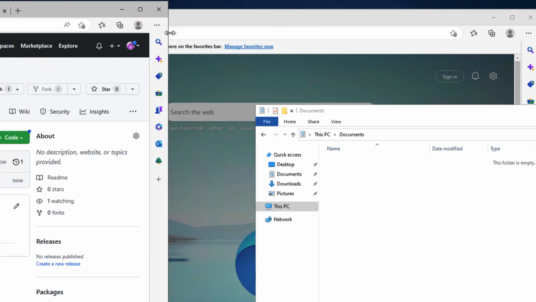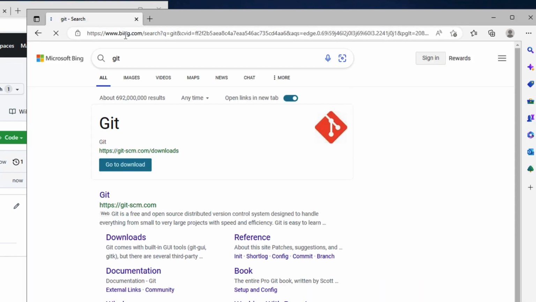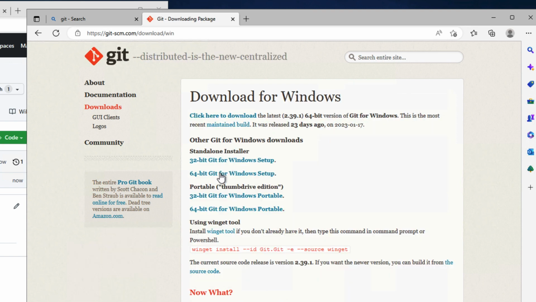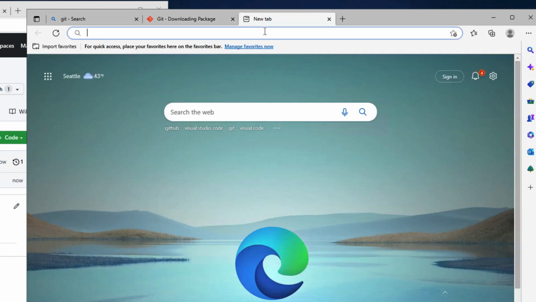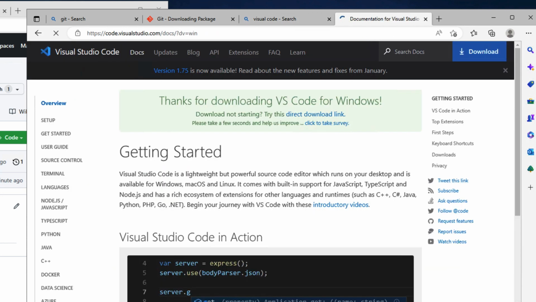We will set up our local Git environment. To do so, go to Git, search for Git, and go to download. It's a Windows machine, so we're going to download the 64-bit version, and that's for my machine. Open the file, and before I proceed, I want to actually set up Visual Studio Code at the same time, so I'm going to leave it like this and open another tab, search Visual Code, go to download, and download the installation